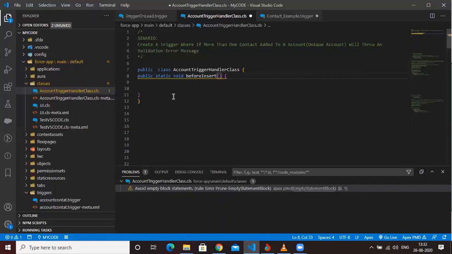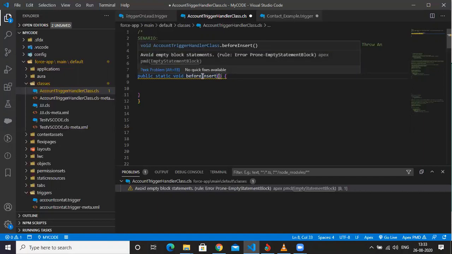One more thing, guys. In my last video, I told you that I write a trigger class, right? So this is my Apex class, named AccountTriggerHandler class, and this is my class method, which will be public static void, beforeInsert, and I'm going to apply it on this.